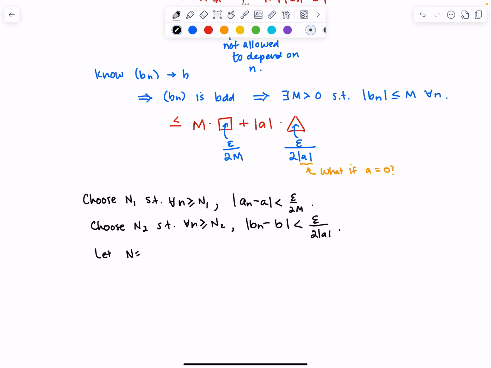Then that means overall I'm going to use the max of N1 and N2,